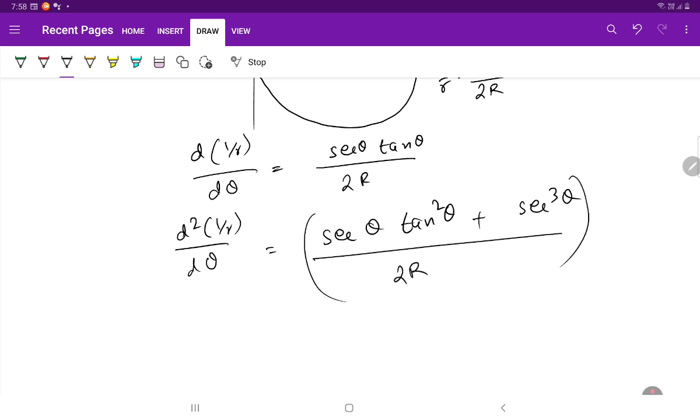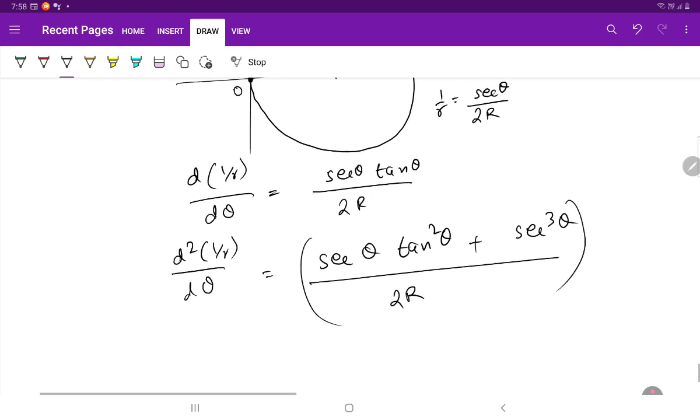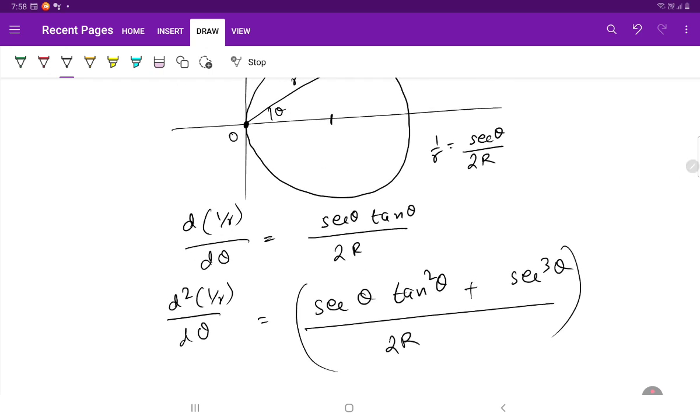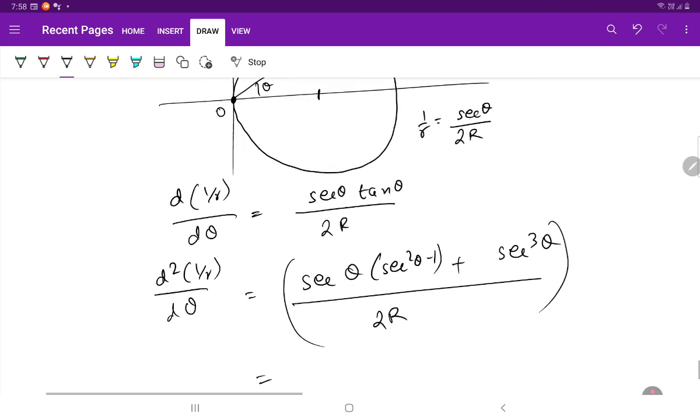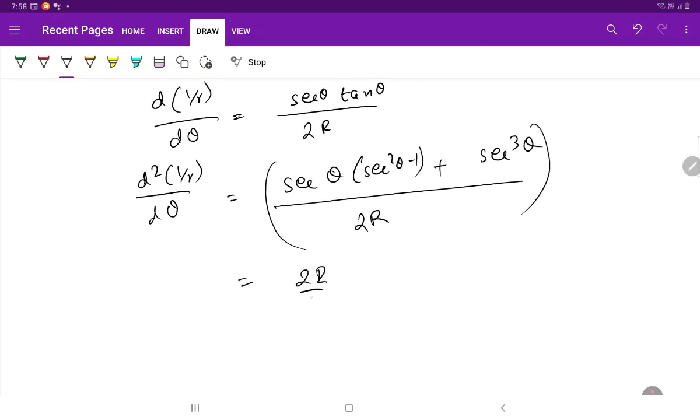Now substituting the values, sec theta is equal to 2R by small r, and putting tan square theta as sec square theta minus 1,